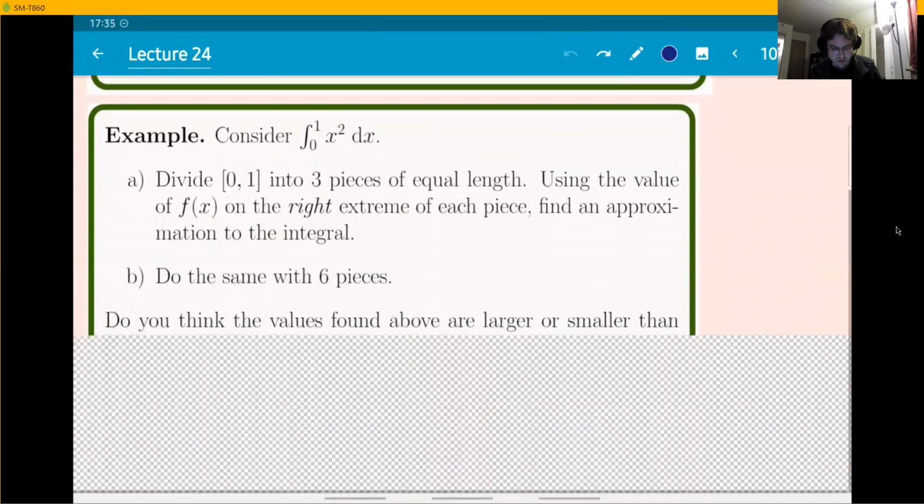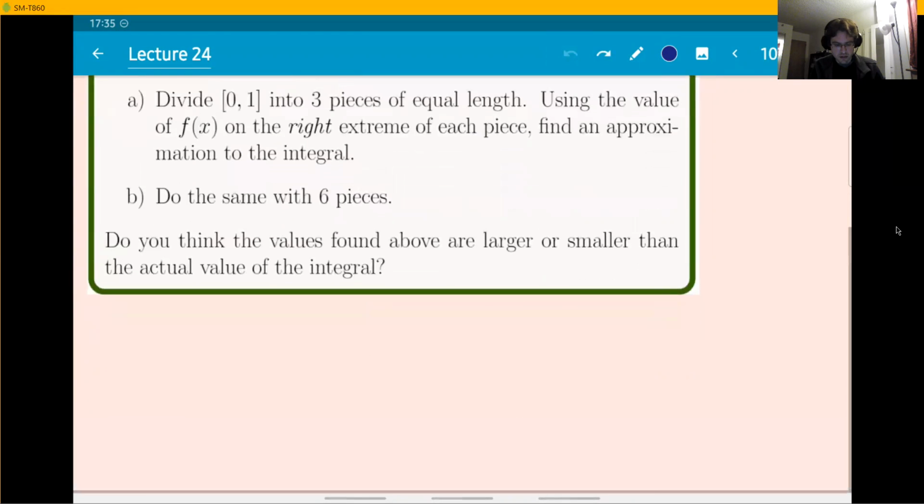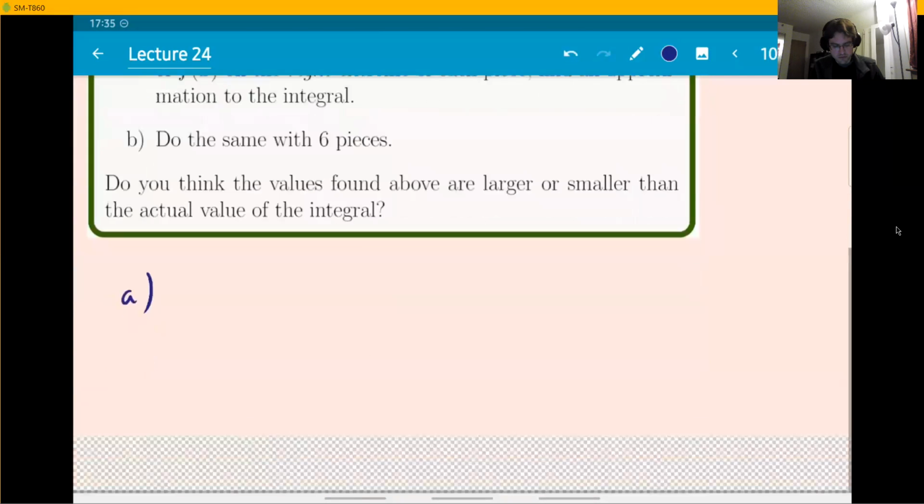So I have an example here. It's better to just do an example. Consider the integral from 0 to 1 of the function x squared. This is one that we cannot find geometrically. The graph is not going to give you a rectangle or triangle, circle, nothing like that. Divide the interval 0, 1 into 3 pieces of equal length, and then using the value of f of x on the right extreme of each piece, find an approximation to the integral. So item A is telling you